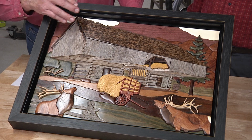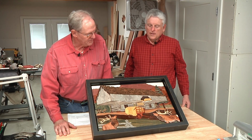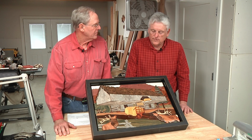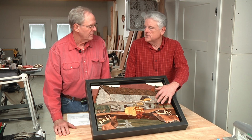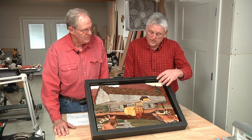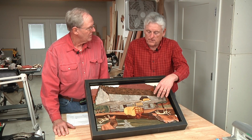Again, tell me how you modify the pattern to fit your personality. Okay. Well, first of all, you may recognize this barn. That's a cantilever barn that's in Cades Cove. There's only about 316 of these in the country. I took a photograph, and I have a video projector, so I traced that on tracing paper and then cut